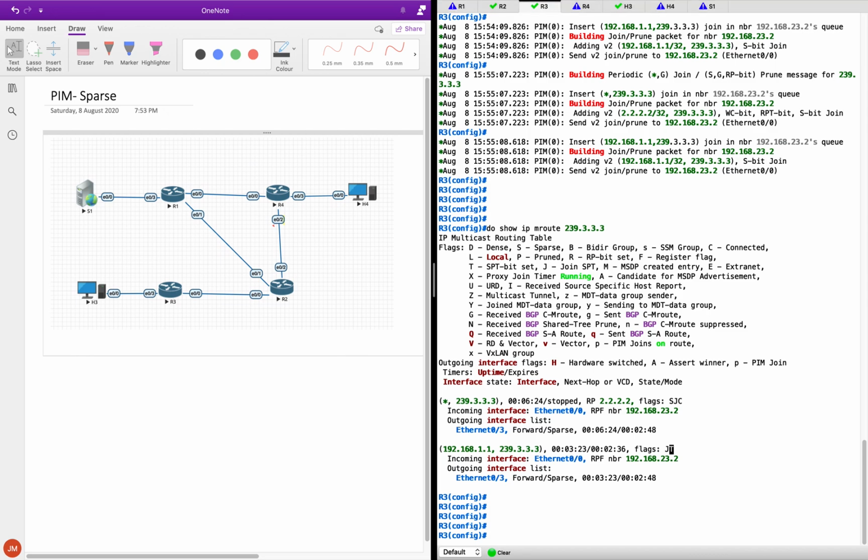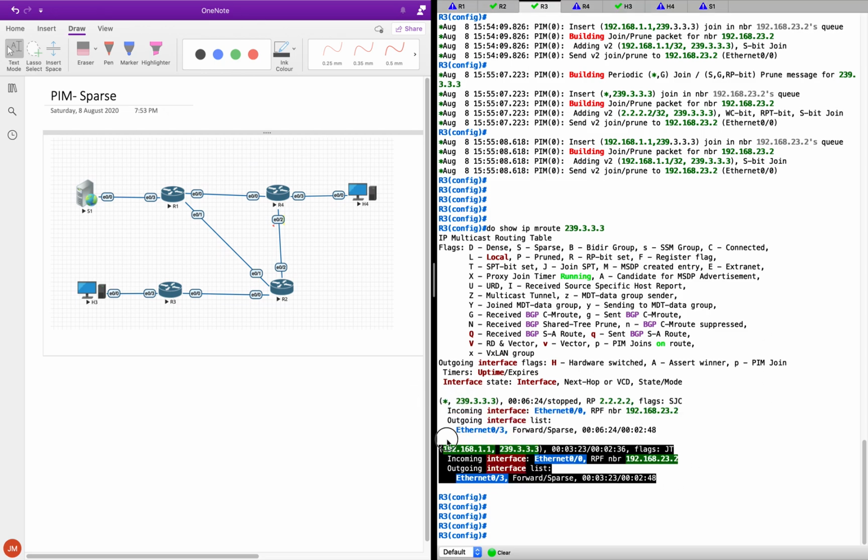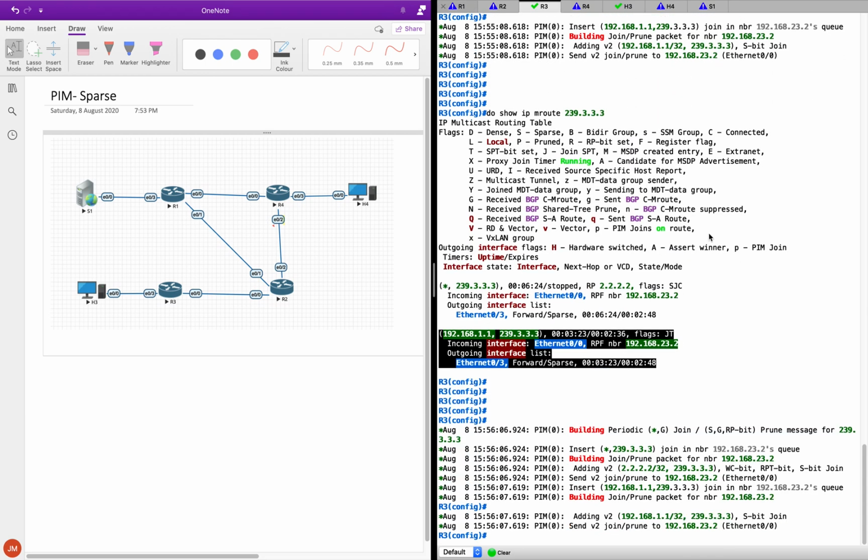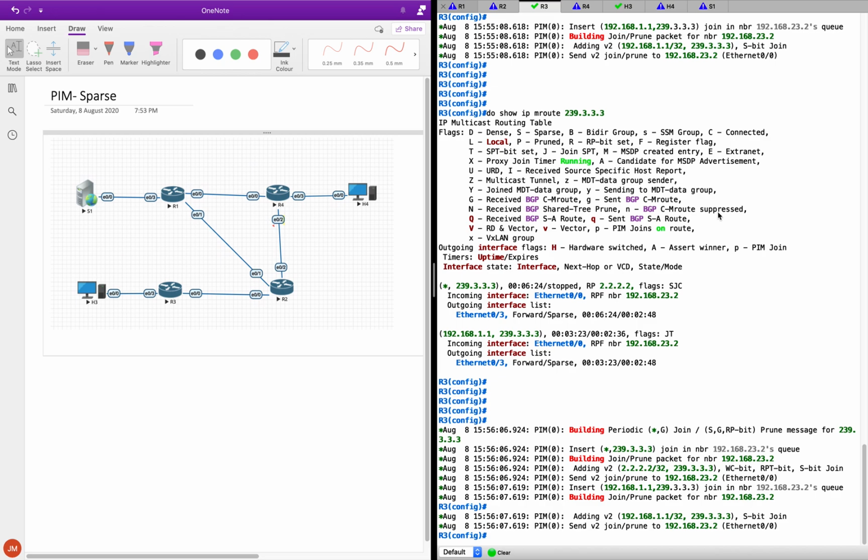What else? The only thing is, technically speaking, the SPT needs more memory, right? Because earlier you just had one entry. Now you have one more entry. Imagine you have a big multicast network with multiple sources, multiple groups. It's obviously going to consume a lot of memory, doesn't it? So in that case, you also have a mechanism for not switching to SPT, right? And within one small command, you can make that happen,